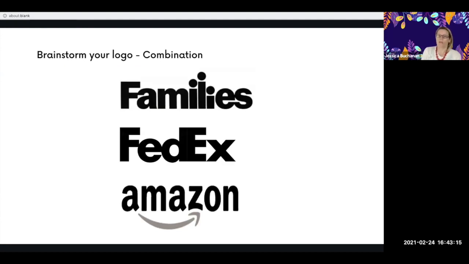So here are 3 examples of really clever combination marks because they've used the font, but they've got that clever graphic idea in there as well. So we talked about FedEx before and how it's got that clever arrow between the E and the X. Families has very cleverly used the eyes there as well to represent the sense of family. And Amazon